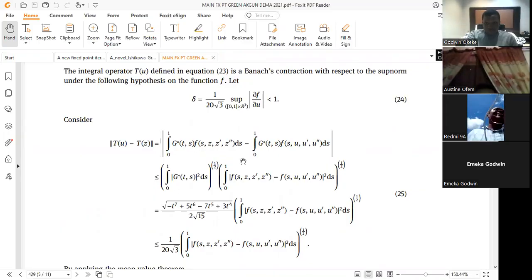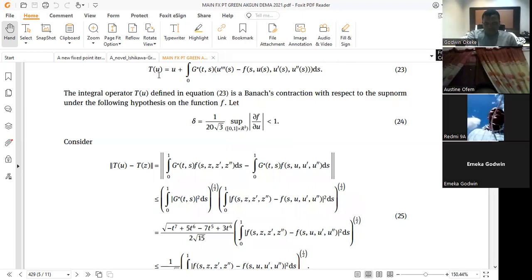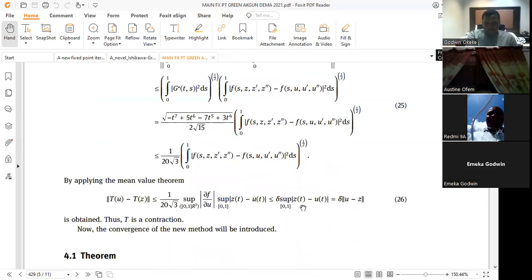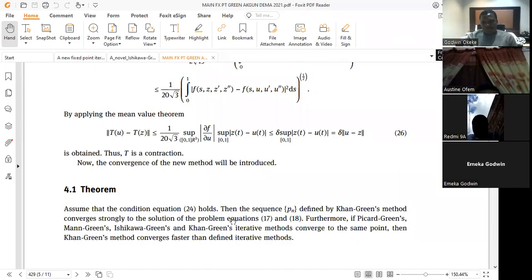So they have simply shown here that T of U, which is the integral operator they have defined, is actually a contraction map. So if it's a contraction map, we are relaxed, since we are sure of the existence and the uniqueness of the solution, and that gave them the impetus to find